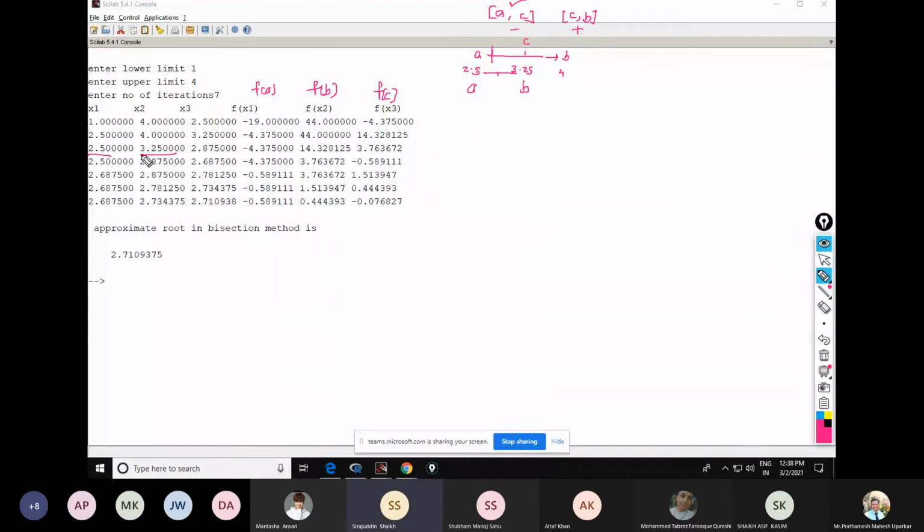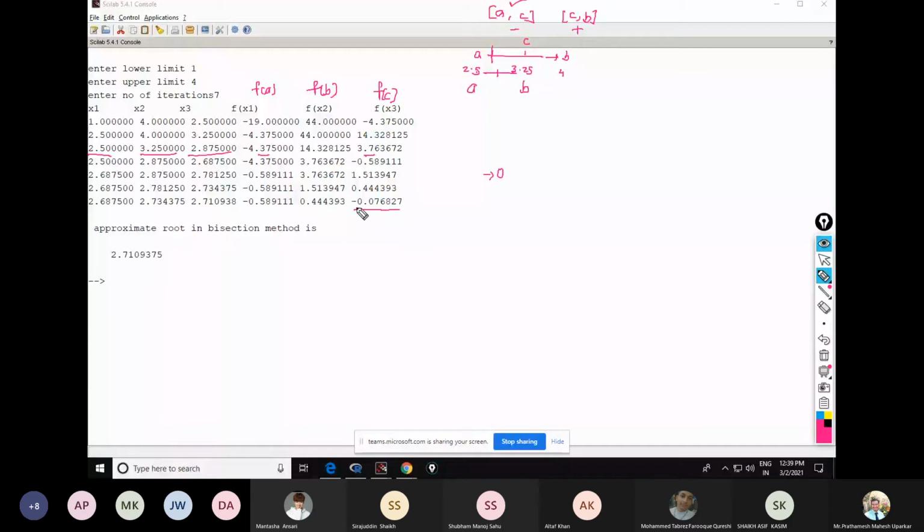Yes, sir. Again, what is next? We have to divide. We have to take the middle point. Okay, and then again we have to compute all these three values: f of A, f of B, f of C. Okay, take the sign negative. See, we have to find the root. Finding the root means I have to move towards zero. The value of f should reach towards zero. See here, the value is getting closer and closer, and here it is minus 0.07.